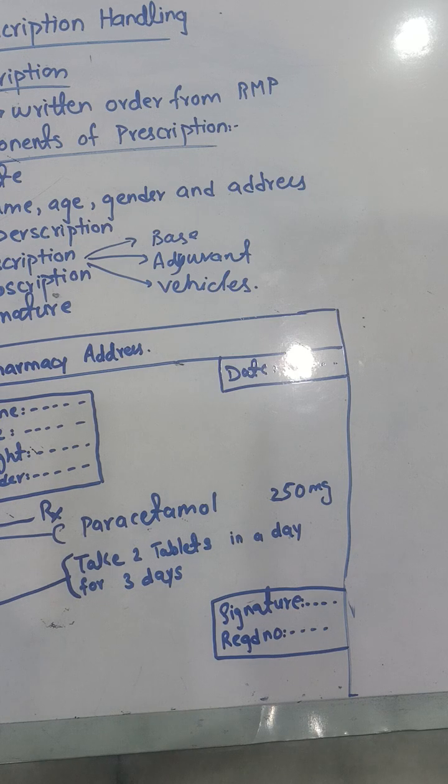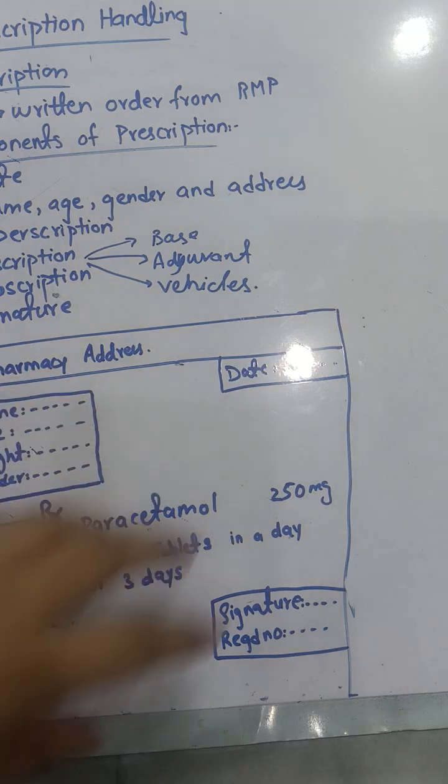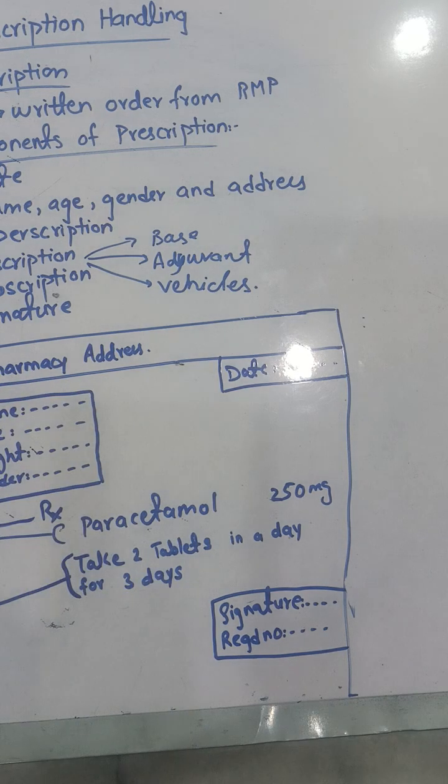So after checking all the things, you have to give no facial expression. So what is the response after checking all of this? You don't have to give any facial expression, you don't have to give any comment or opinion to the patient. You don't have to tell the patient that your prescription has an error or something, and you have to do it because